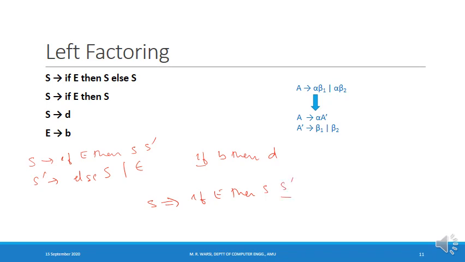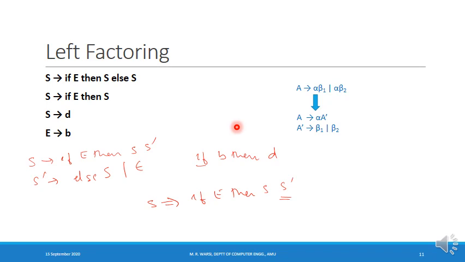When I reach this point, and if I find the else clause, then I will expand the S dash using the first production. Otherwise, I'll expand S dash using the epsilon. So when I reach this point, and if I see else in the input, then in that case, I will be expanding this S dash using the first production, otherwise I'll expand S dash using the epsilon. So now the problem which was earlier there, that is which production to use for expanding a variable, that problem has gone away if I bring the grammar to the suitable form by applying the left factoring.